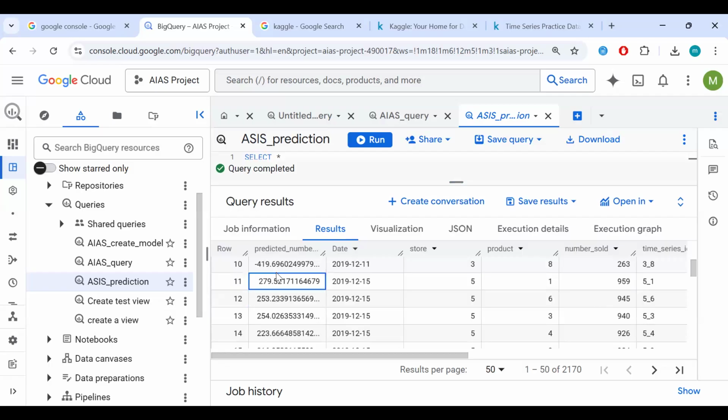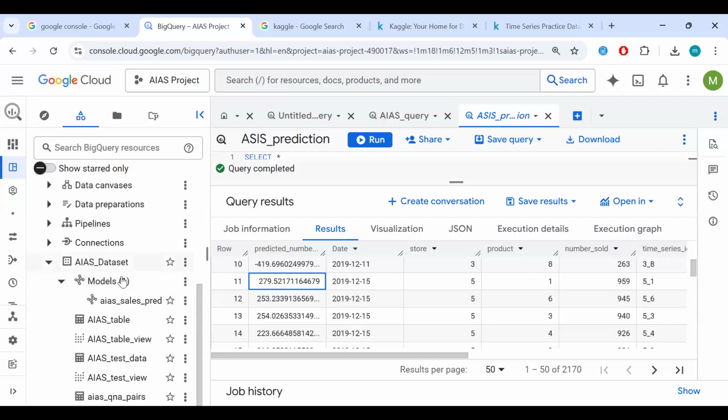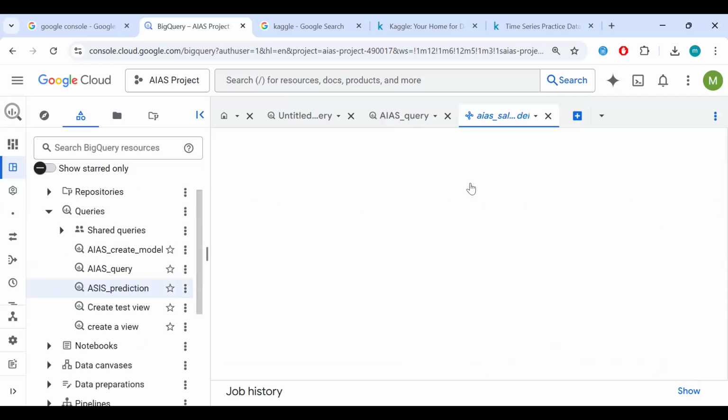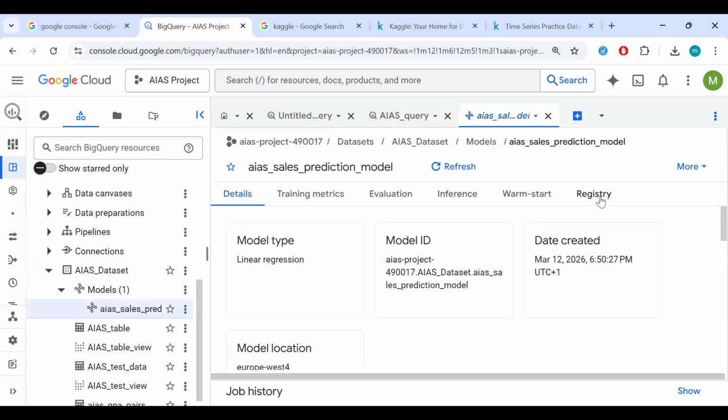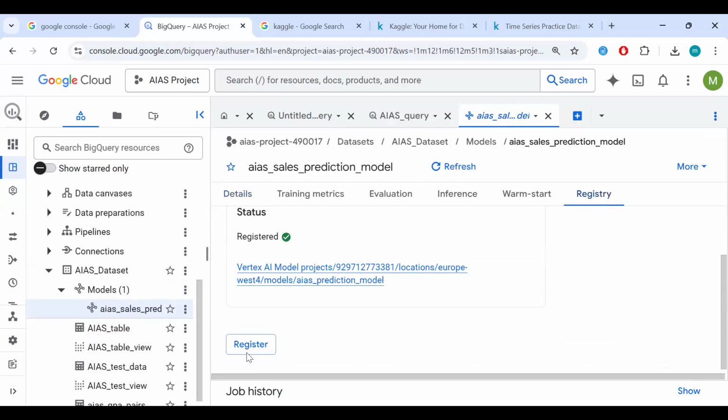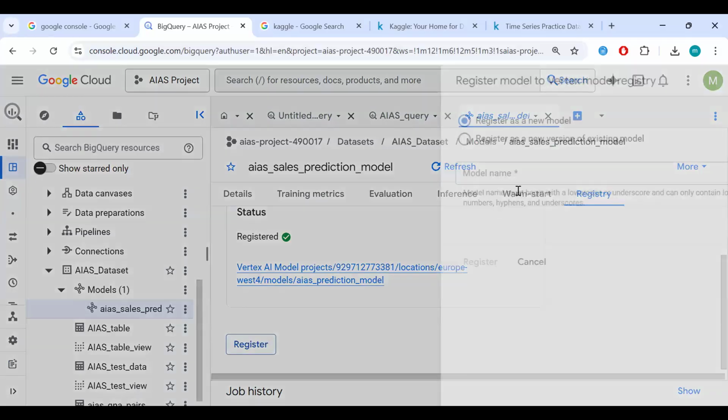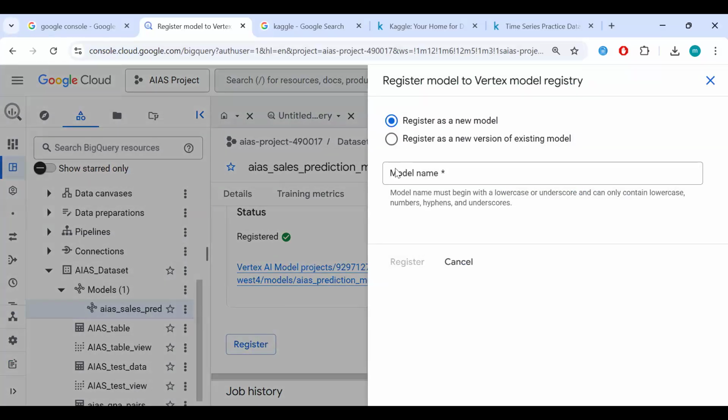It means that our model is good to go, so we can deploy our model. All we need to do then is go to our models registry, and then you register the model. Once you click register, the registration model will pop up and you name it.